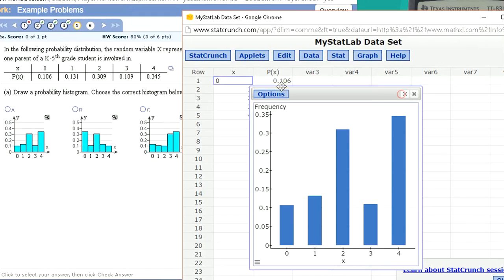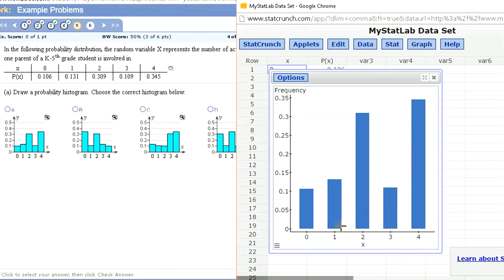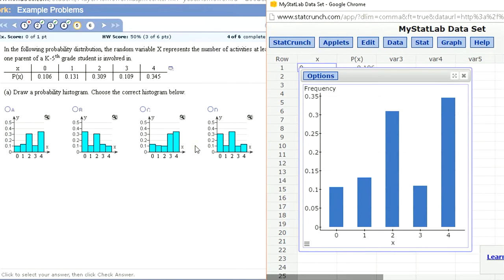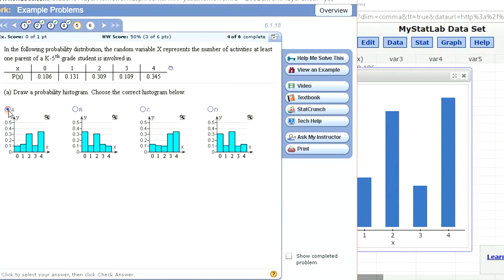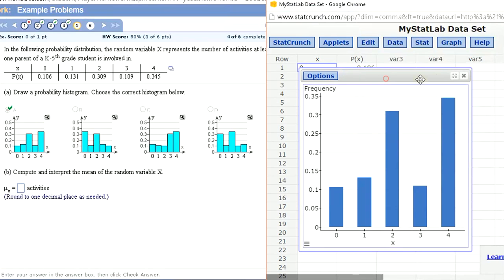Now, a bar chart's not exactly the same as a histogram, and we can't make the bars wider, but we can choose which of these matches, and you can clearly see it's this first one. Now we can also get